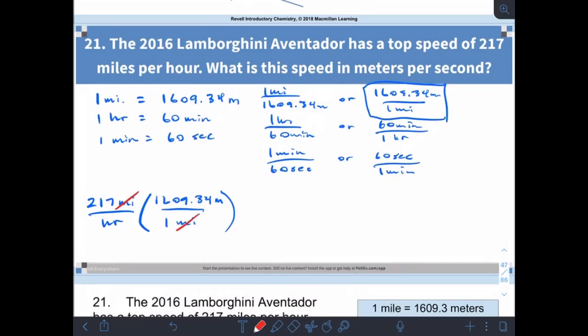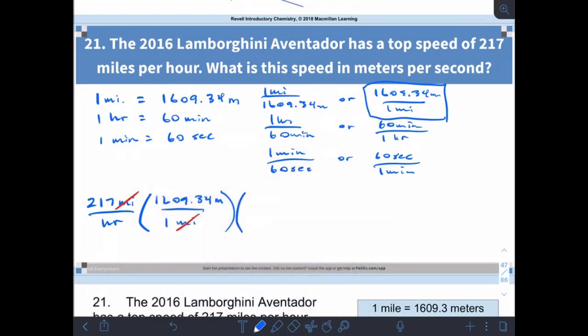Now, I could calculate that number and then do the next step. So that's what I mean by doing this one step at a time. I could take this answer and then do a separate equation if I want to. But I don't have to. That's the beauty of this conversion process. So if I did stop here, I would have an answer that is meters per hour. But I'm asked to find meters per second. Okay, so my next step